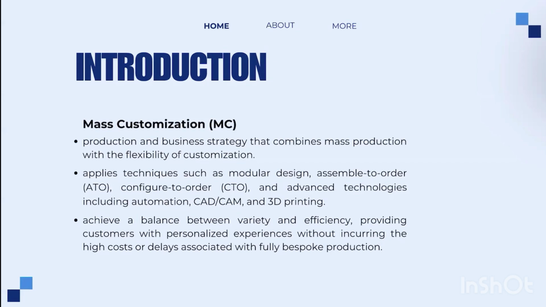The goal is to balance variety and efficiency, giving customers personalized products without high cost or long waiting time. With this strategy, companies can respond more quickly, reduce waste, use resources more effectively, and stay competitive